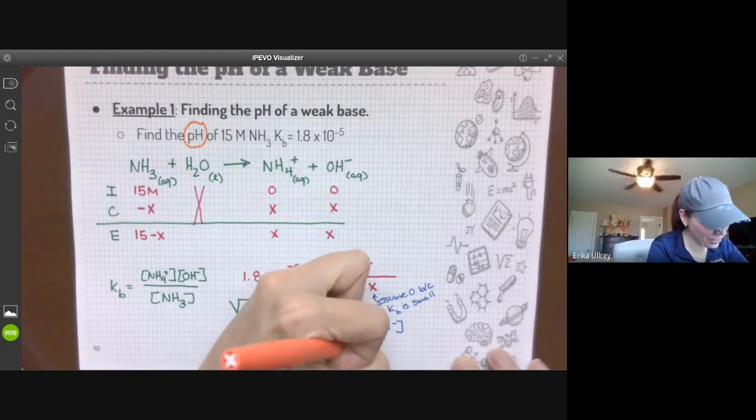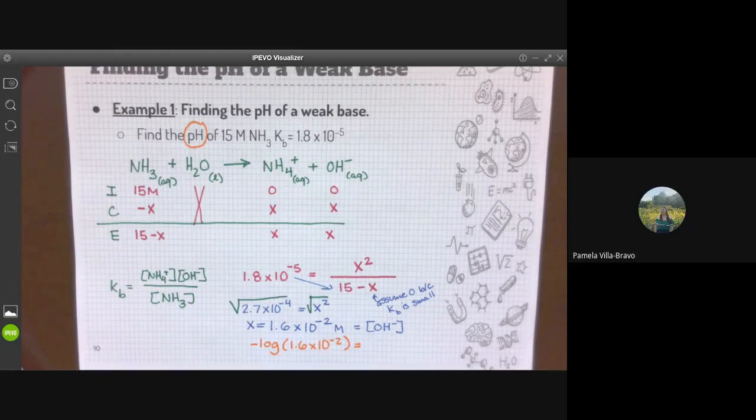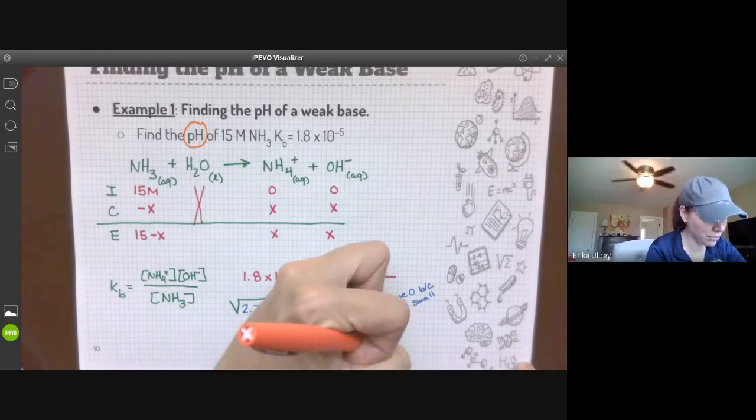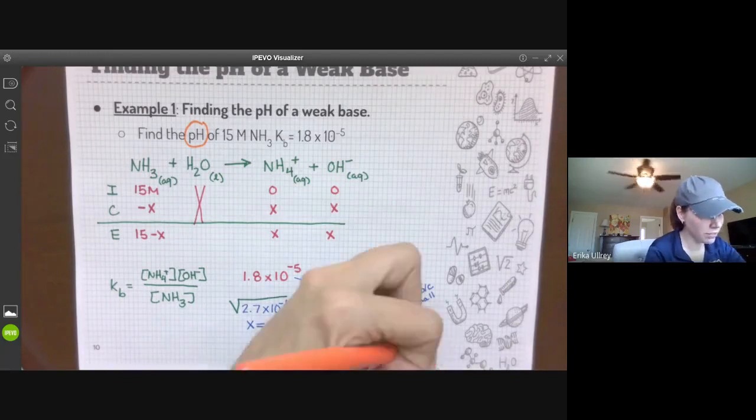Uh-huh. What is that going to equal? Not the number, but like, what is that the value of? POH. Yes, pOH. So we're just going to plop that into our calculator. So I've got it still in my calculator. So negative log, second answer. So we end up with 1.78 roughly